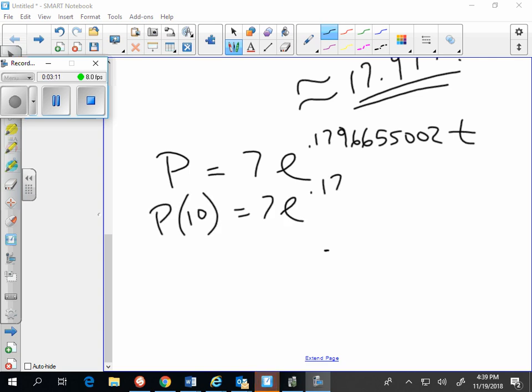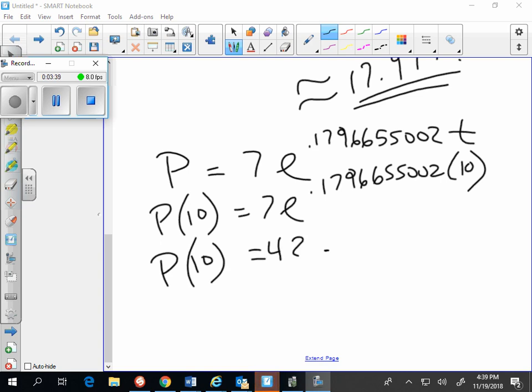7e to the 0.1796655002 times 10. And now it's just calculator work. I'm going to multiply that rate times 10, raise e to that power, and multiply that by 7. And I end up with, after 10 years, 42.206 gnomes,